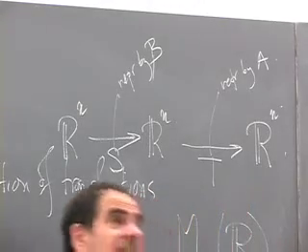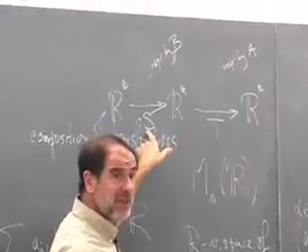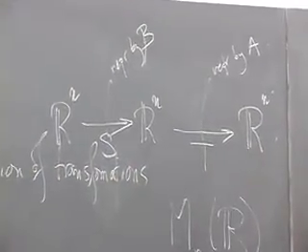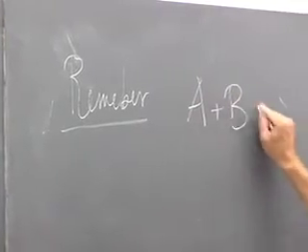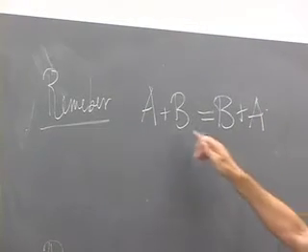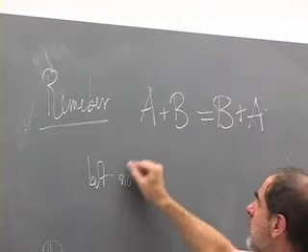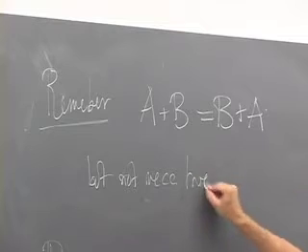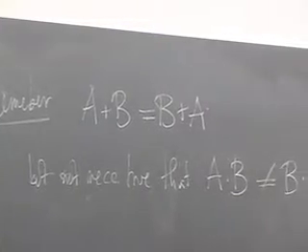Now, one thing that we emphasize a lot when you study linear algebra is that that may not be equal to first doing the transformation T and then doing the transformation S. So remember, and this is really important, that it is true that if you add A to B, it's the same as B to A. That's just the commutativity of the laws of addition, because matrix addition just takes place coordinate by coordinate. But it is not necessarily true that A times B is equal to B times A. There are examples where this is not equal.